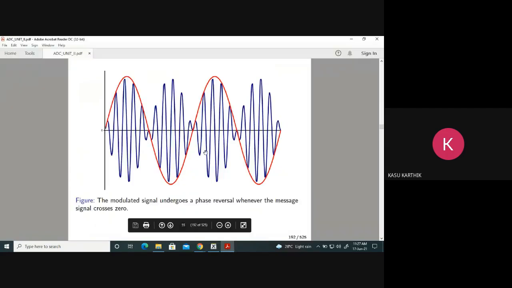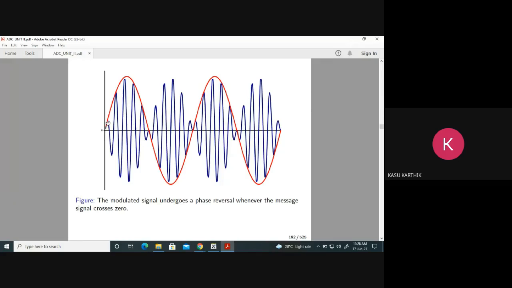Here, this is a DSBSC waveform. What is happening here? Observe this waveform. It was like this, like this, like this. After that, it should have gone like this. But what happened? You observe this portion and this portion. They are exactly negative of each other. Observe these two, the negative of each other.